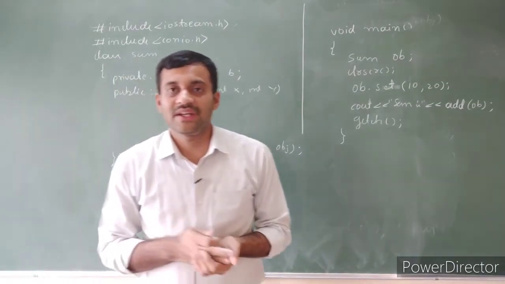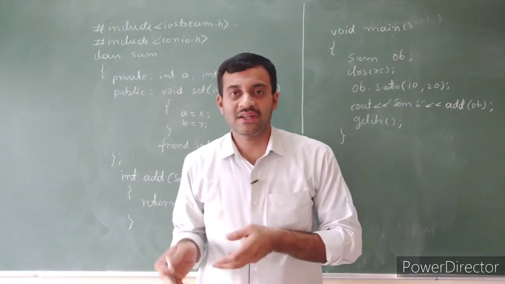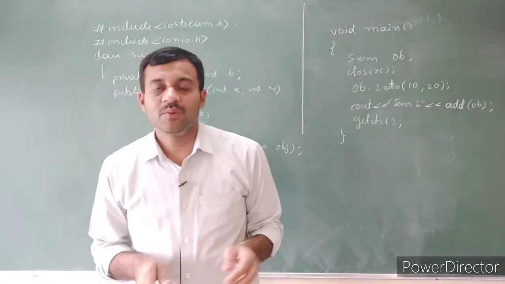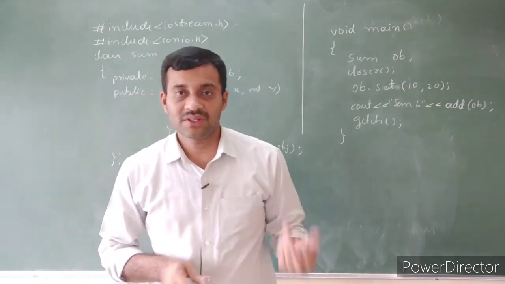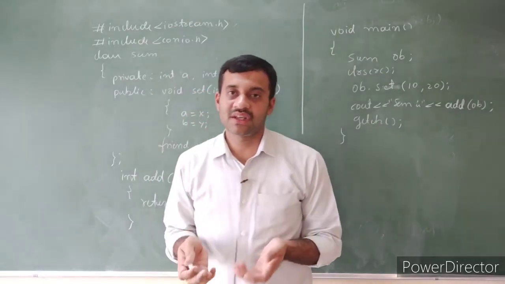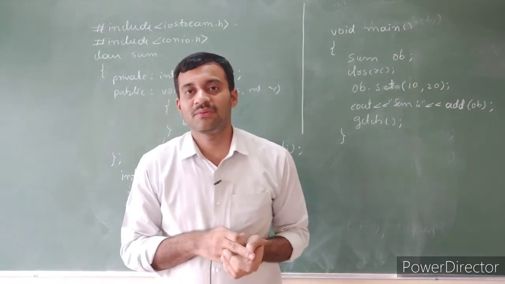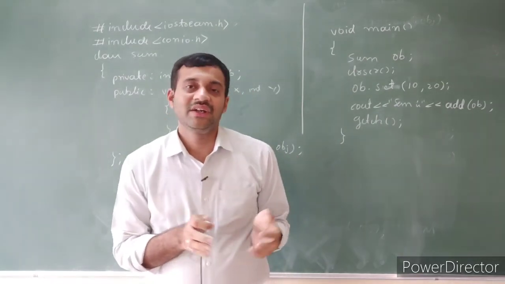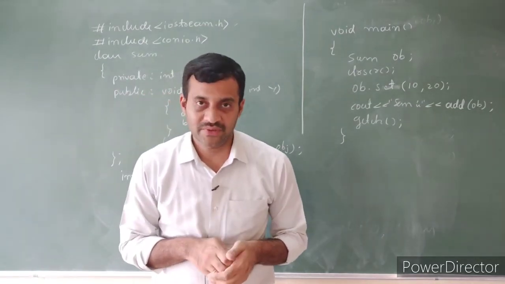The purpose of the friend is that it can access the private and protected data members outside the class. Then also it can access data members from more than one class. If it is more than one class, then in both the classes we must declare the friend function, but define it after the classes. That is the advantage of the friend function.